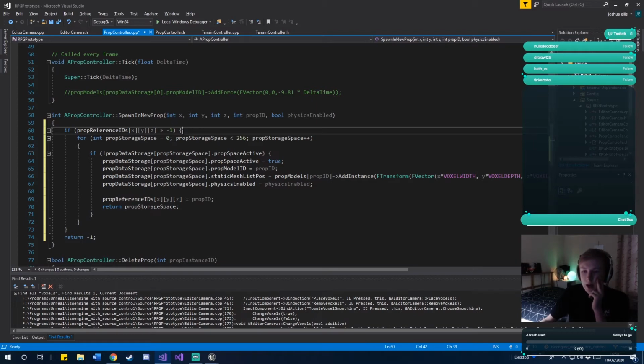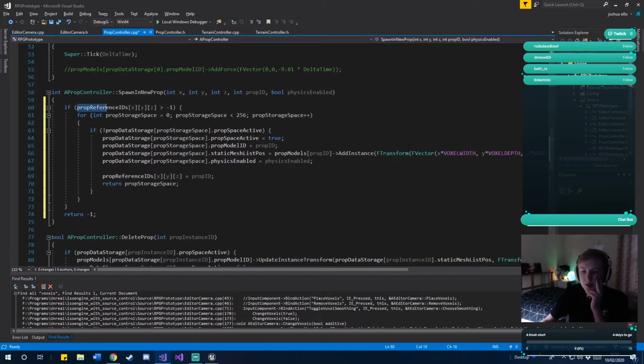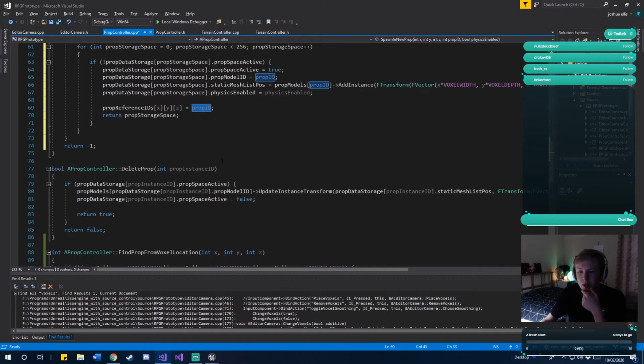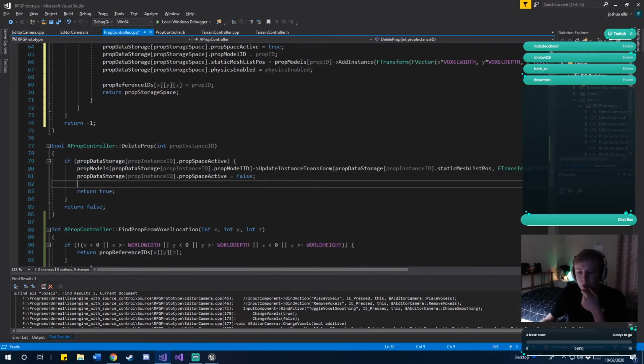Right, so basically, if there's something in the position that we've checked, so is it greater than -1, then we'll allow it to be spawned in. Then once we have spawned it in, we'll assign it the prop ID that we've passed in, which in this case will be 0. And then in the deleting one,